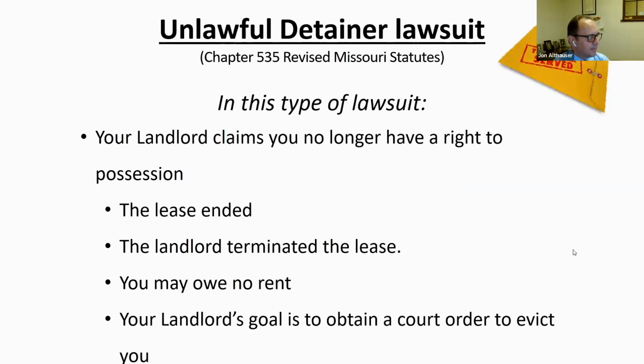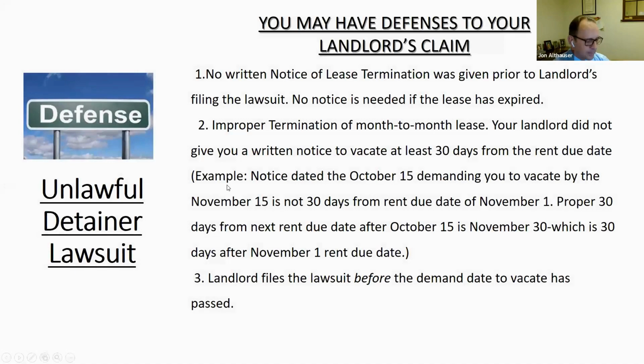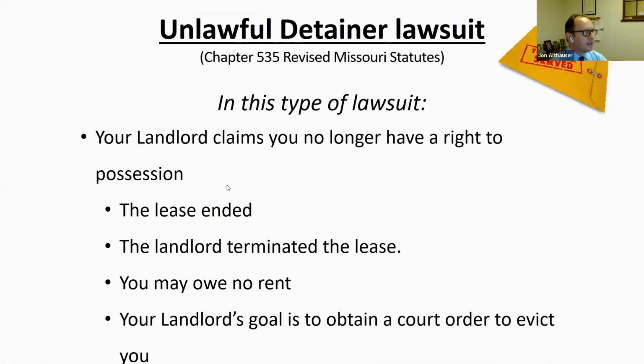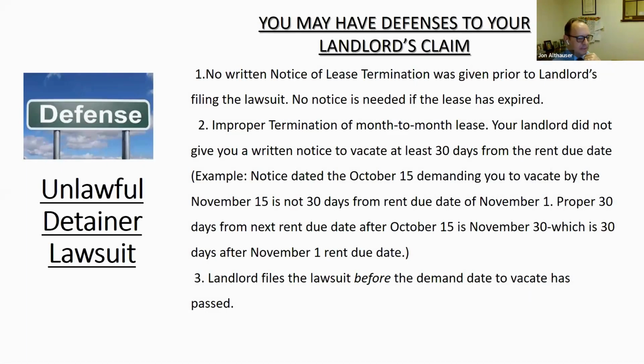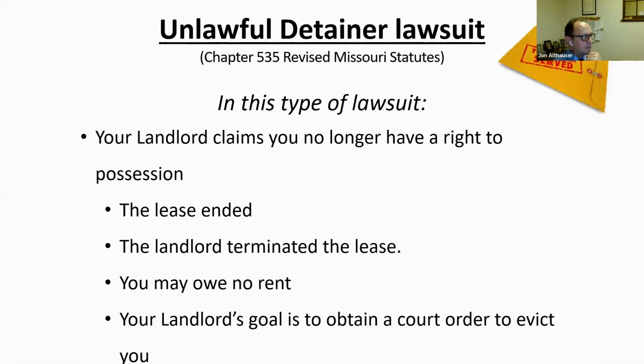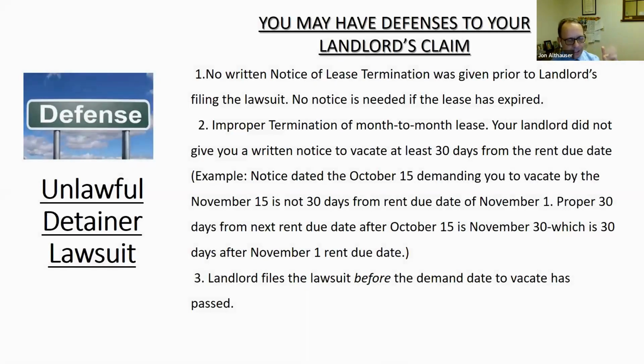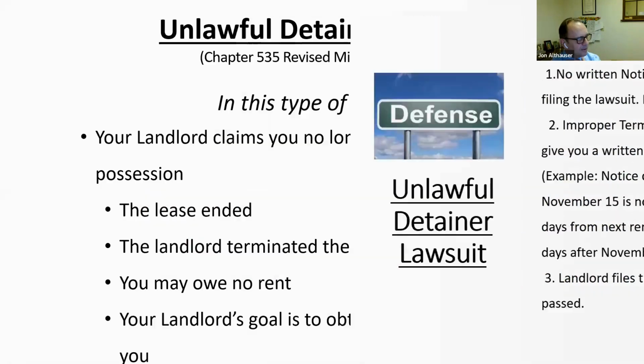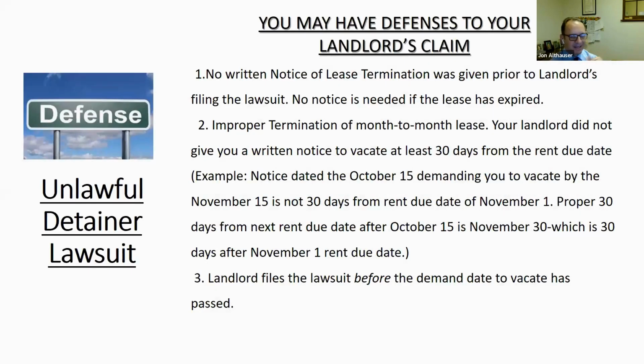So the other type of unlawful case is unlawful detainer. I don't know why it's not staying. I guess I got an automatic thing on there. I'm sorry about that. So unlawful detainer is different